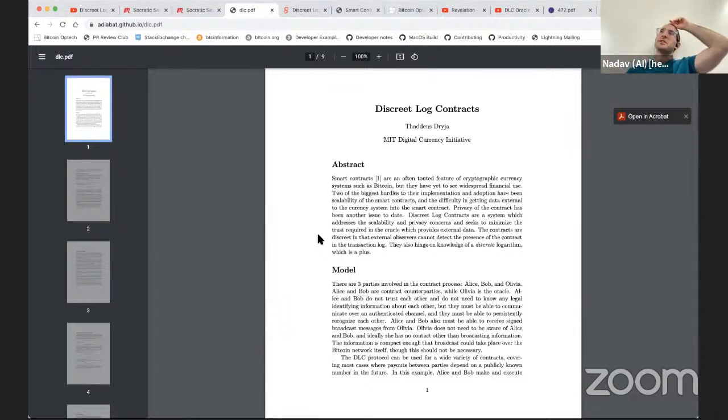And newer iterations use these things that I'm sure we'll talk about later called adapter signatures, which are a much fancier, much more elegant kind of solution to how we take this property of Schnorr signatures, that you can anticipate signatures and use them to actually build out our contracts. So just to be clear, it doesn't use adapter signatures.